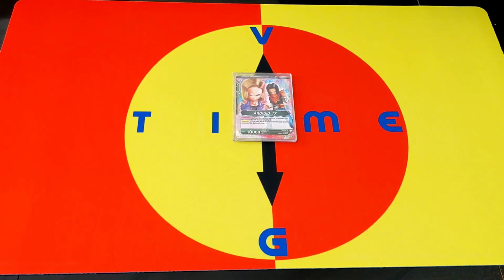made them. So on the front side is Android 17 and has a permanent where it makes all Android 17s and 18 cost one less in your hand. So if they cost 3, it will cost 2, 4 cost 3, so on and so forth. Because of that skill, a lot of the times if there was a 2 cost Android 17 or 18, they had to put double specified cost on it to make sure you at least had to pay 2 for